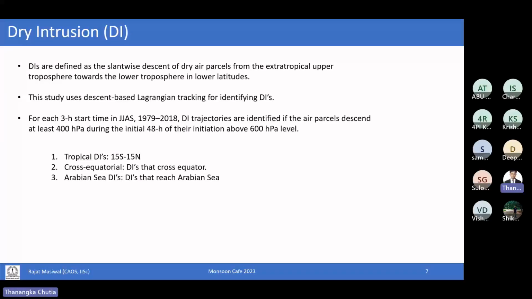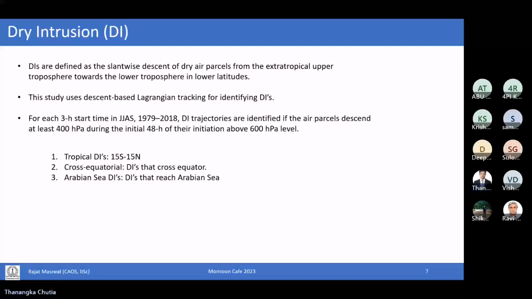So they will track the positions of all the particles as they move from the upper troposphere, where they have very low moisture, and go towards the lower troposphere. Along with moving downward, they will pick up some moisture. And the way they have done it is for each 3-hour time during the monsoon months for the last 40 years,